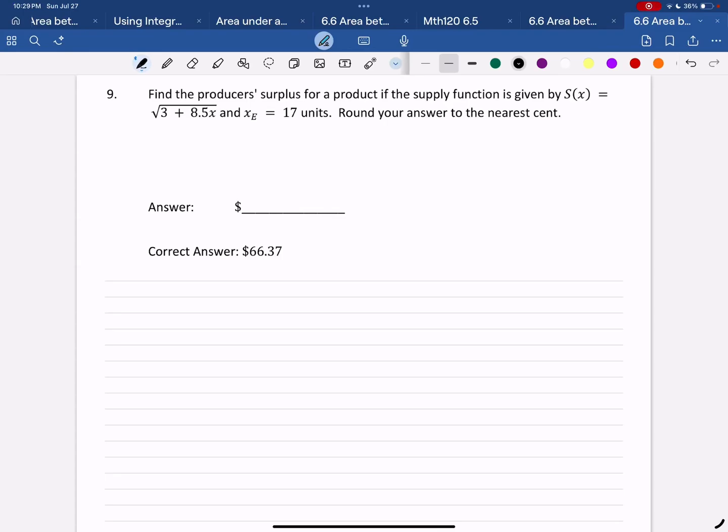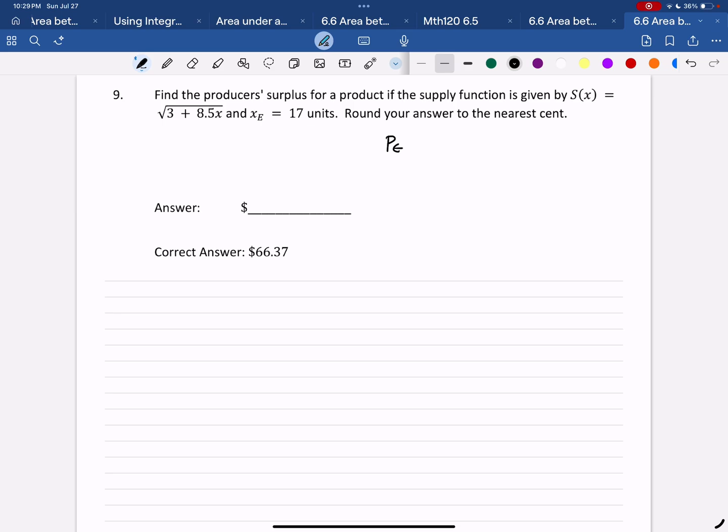Example 9. Find the producer's surplus for a product if the supply function is given by S of x equals the square root of 3 plus 8.5x, and x sub b is 17 units. So once again, they've given us x sub b, so we need to find p sub b, and it's going to be S of 17, so it's going to be the square root of 3 plus 8.5 times 17,